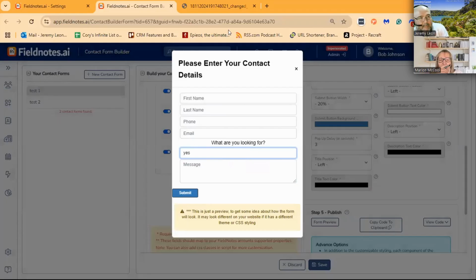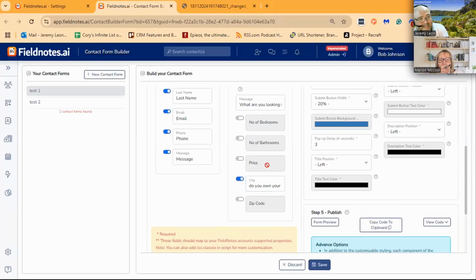I'd have to see where it maps because I think it's going to map to the city field. That's fine and dandy, because once you've captured that information, you could move it from the city and possibly save it as a comment, save it as a note. So there would be some work, but at least you would have a form that would capture that. I'd have to play around with this to do different things, you know what I mean?